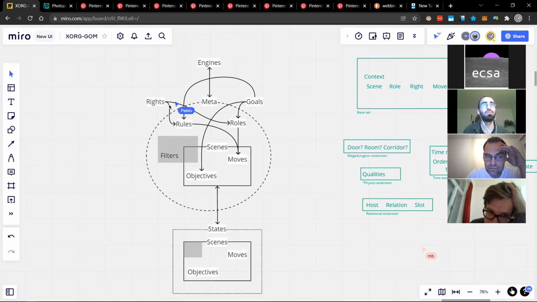Because when you make a role, first you have a right to make the role, just like you drew. But then when you make the role, you put rights into the role. And while it might seem wacky, it's kind of how it works. In this nesting reality, you see patterns of these forms nesting into each other. A right gives the right to create the role, and then into the role you put rights again.